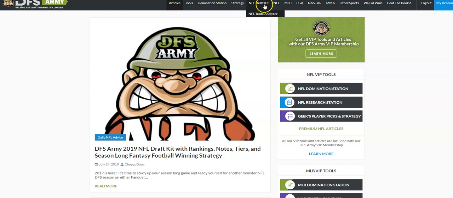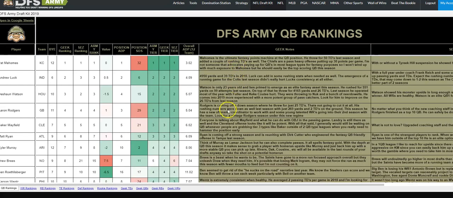Before I get into the draft kit, you have your draft kit here. You have your NFL trade analyzers. So what you're looking at here is the DFSArmy.com website. And if you look across these tabs, you'll see a tab for the NFL draft kit. I'm going to click on that. We also have an NFL trade analyzer, which is really cool for in-season adjustments. But the first thing I want to talk about is the draft kit itself and how you should use it